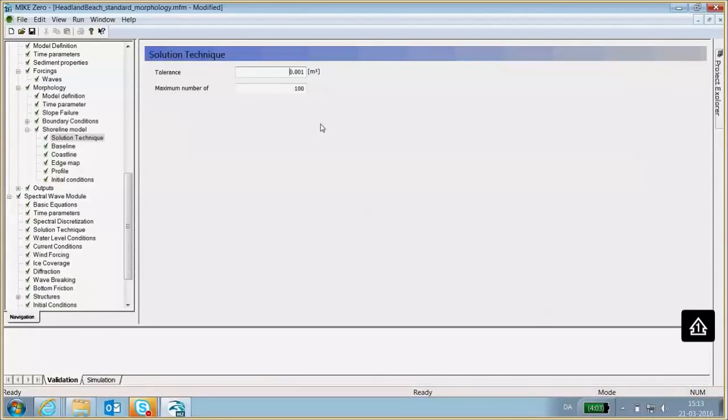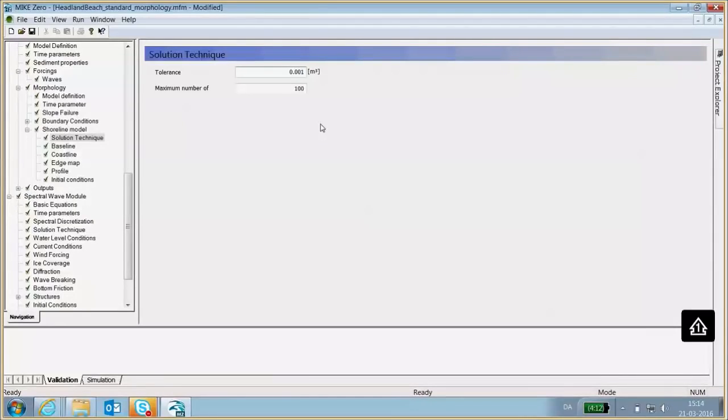So you can see here it's specified as 0.001 cubic meter, and the maximum number of iterations here is 100. Now if your model is not converging, that is, if you're seeing many time steps where the number of iterations in the shoreline model is more than the maximum number, so in this case 100, then you should probably decrease your tolerance or increase the maximum number of iterations, because it is quite important that the shoreline model converges for most of the time steps.